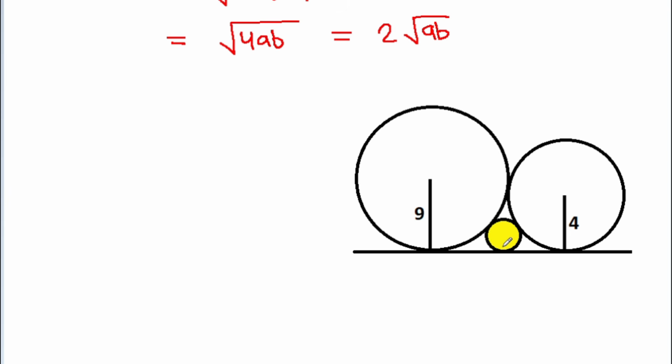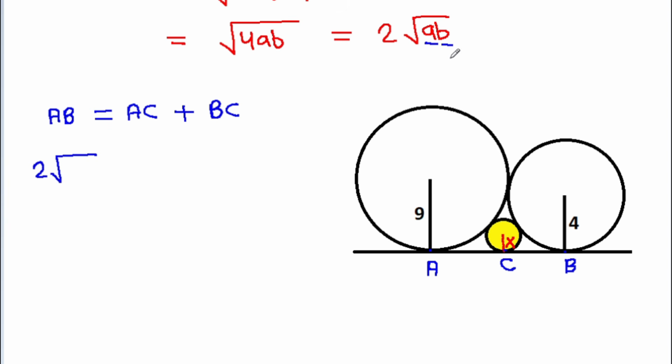suppose the radius of this circle is x, and suppose this point is A, this point is B, this point is C, then AB will be AC plus BC, and AB is 2 times root ab, and a is 9, b is 4, and AC is 2 times root of a is 9, b is x, plus BC is 2 times root of a is x, b is 4,